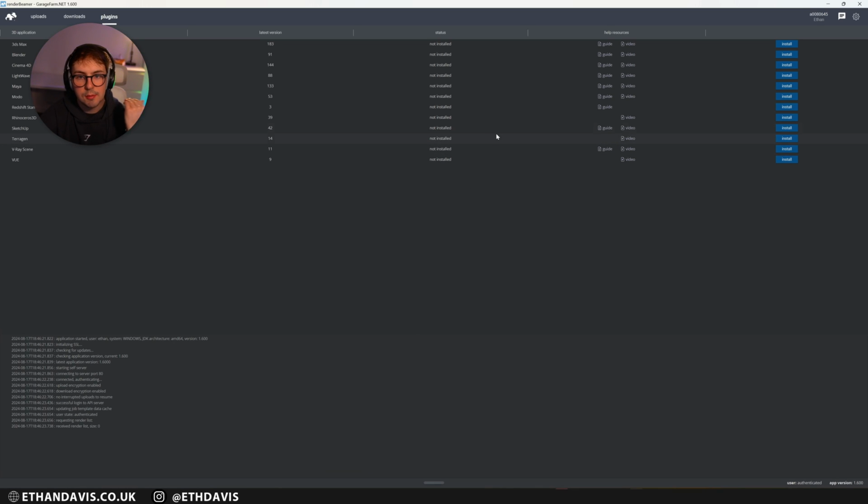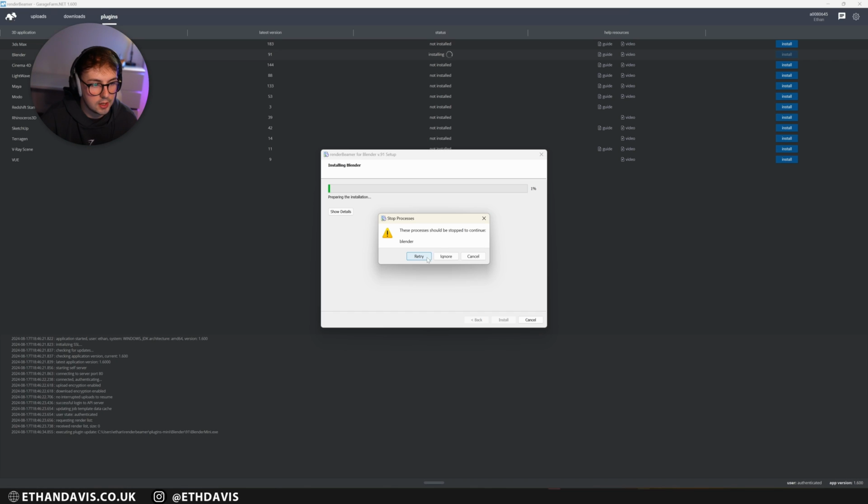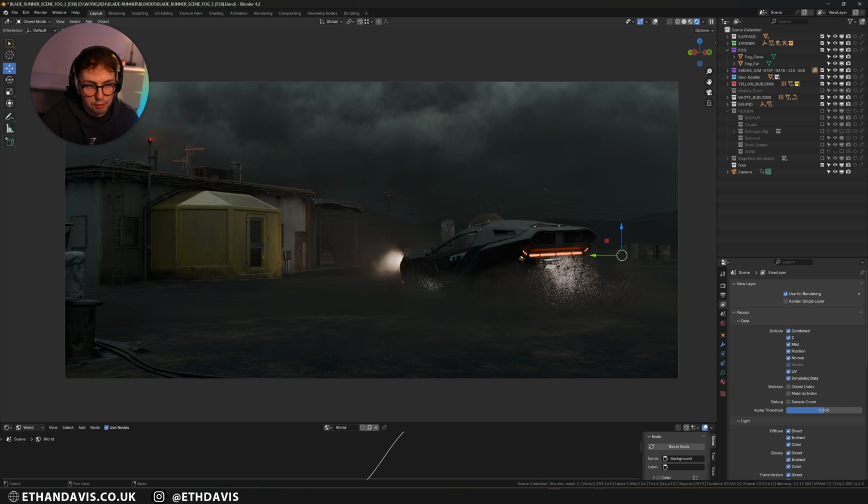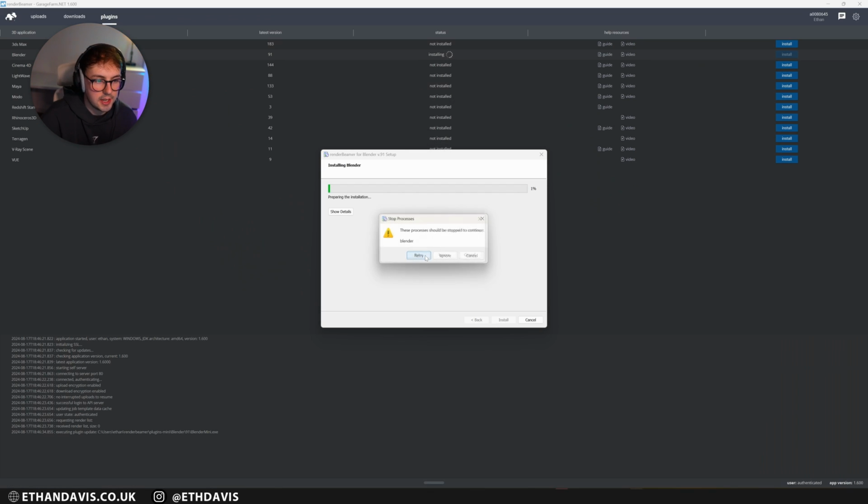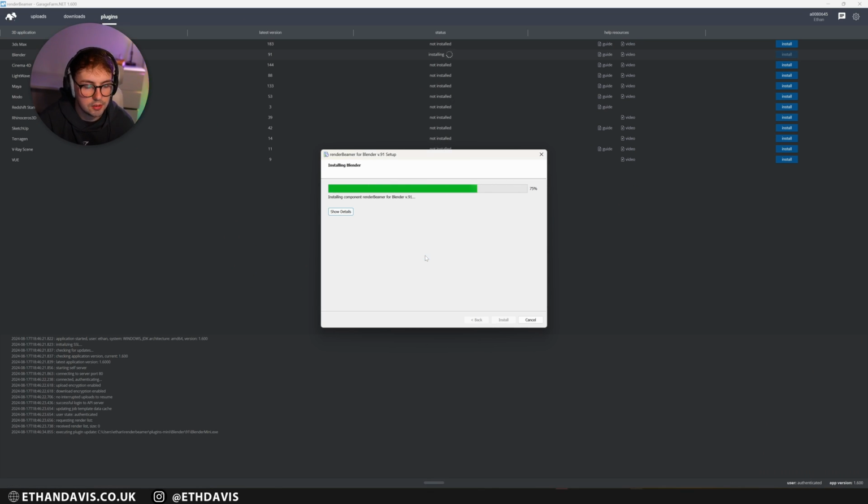This is basically where you install the software so that you can use it in Blender. In the top left you'll see Blender, and I'm going to go over to the right and click install. Because it's going to automatically install a plugin for you, it's really helpful if you close down Blender. So I'm going to close down Blender right now and then hit retry. And now it's going to start working.